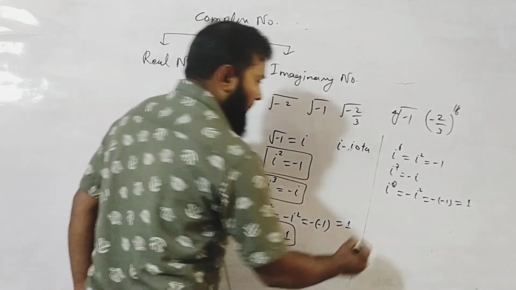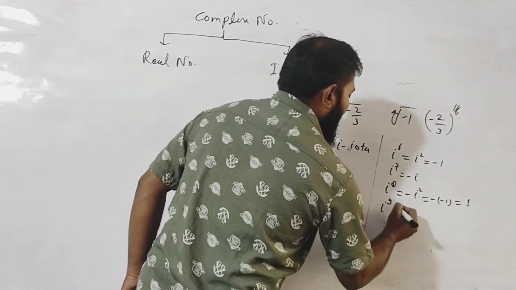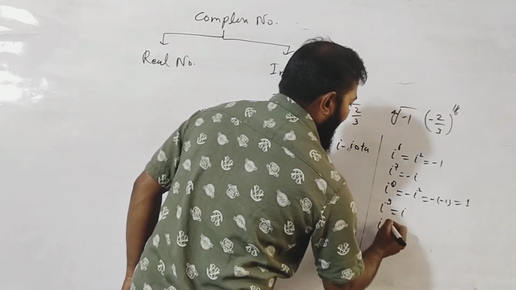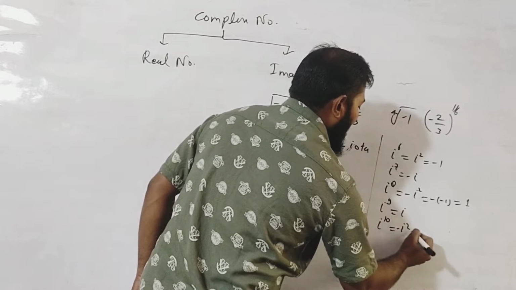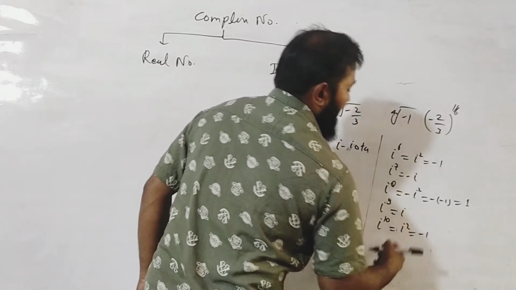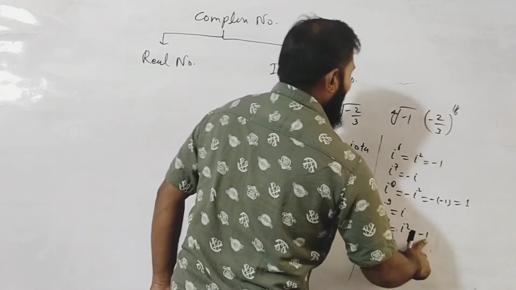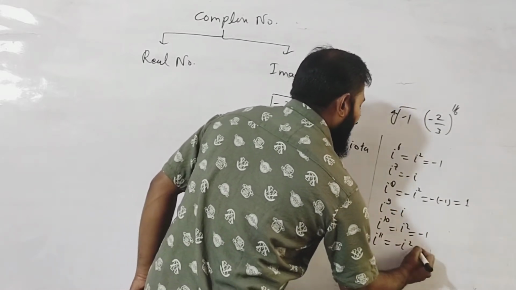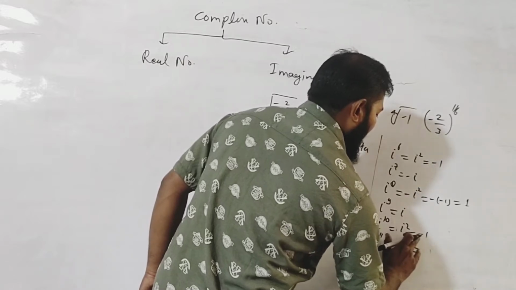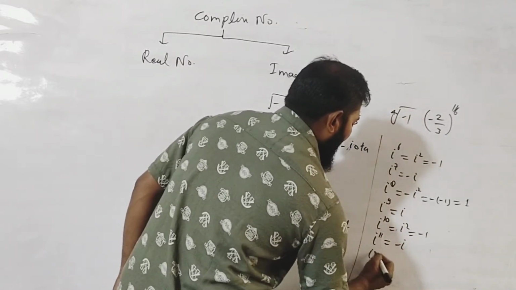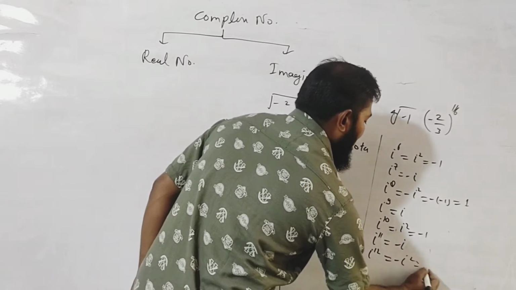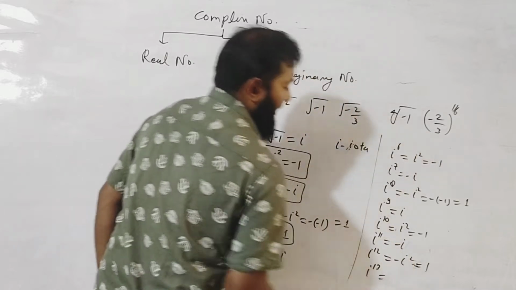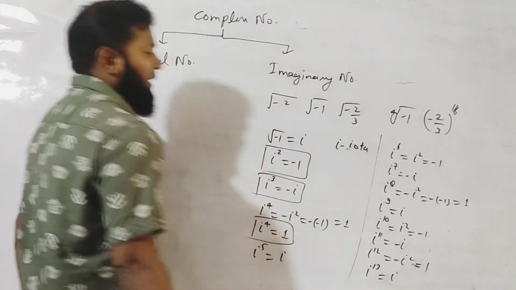Okay, again multiply by i, it becomes i raised to the power 9, and it becomes i. Again multiply by i, we get i squared, which is replaced by minus 1. Again multiply by i, it becomes minus i. Again multiply by i, minus i squared, it means 1. Again multiply by i, it becomes i raised to the power 13, and it becomes i. Okay,